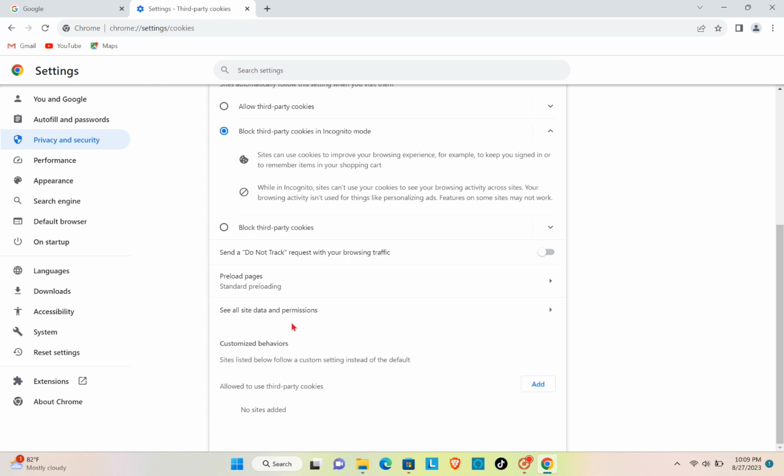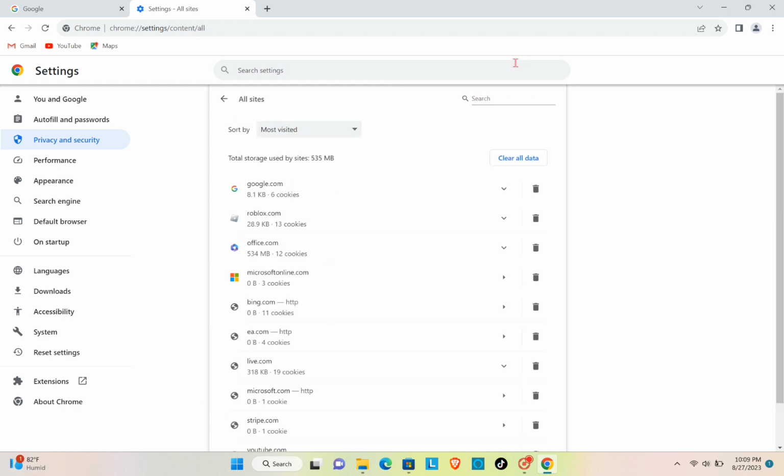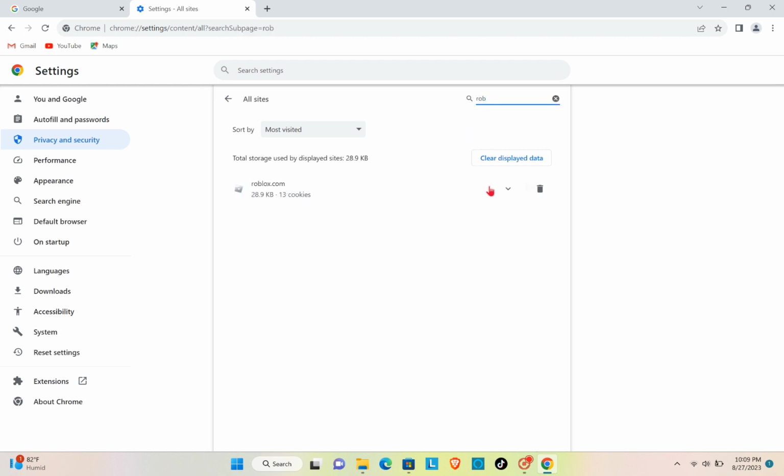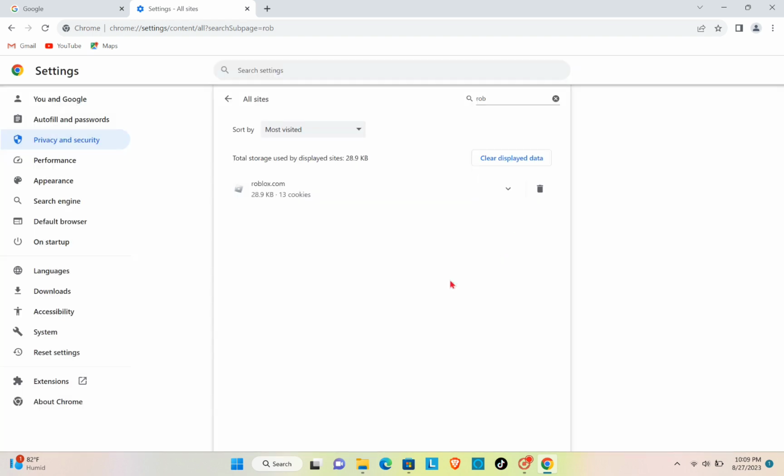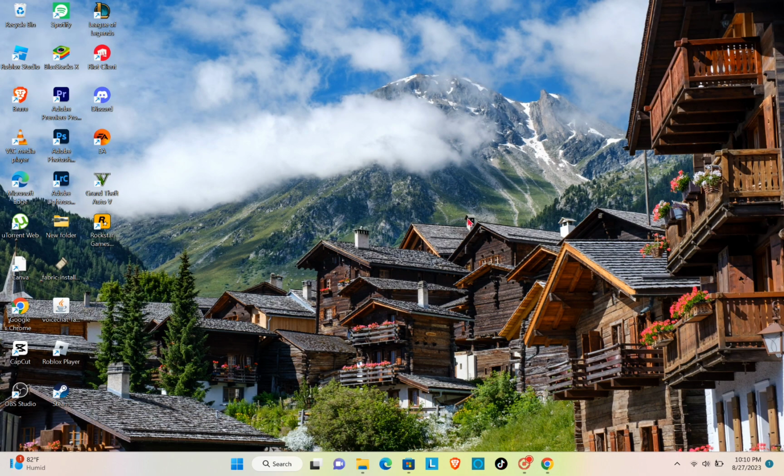And then you will just have to scroll down and then select all the data. Okay, that's right. And then search for your Roblox application. Just type it out and then click on this bin option or the bin icon in order to uninstall your Roblox application. So right after that, the next thing that you can do is to exit this one